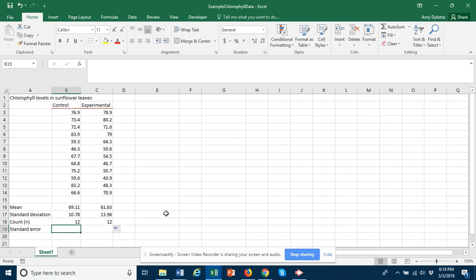The standard error is another measurement of the variability that we often calculate so that we can use it for making error bars on graphs. Unfortunately, Excel doesn't have a formula to calculate standard error, but we can put it in ourselves. So the formula for standard error is related to standard deviation, so it's equal to the standard deviation, so I can just click on the standard deviation that I've already calculated, divided by the square root, and we use the formula SQRT,